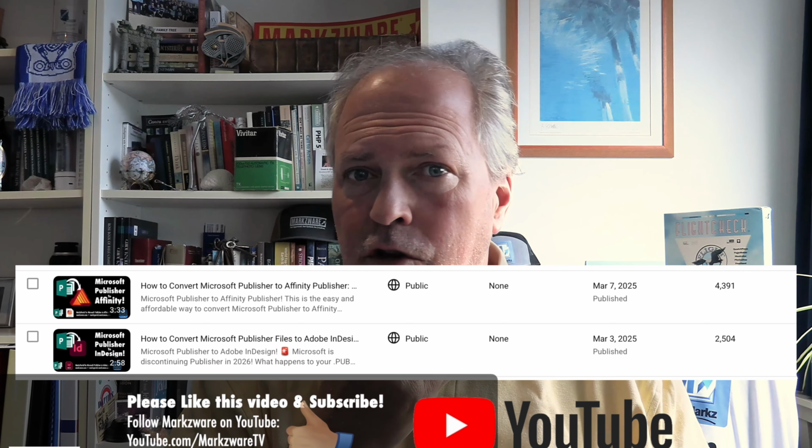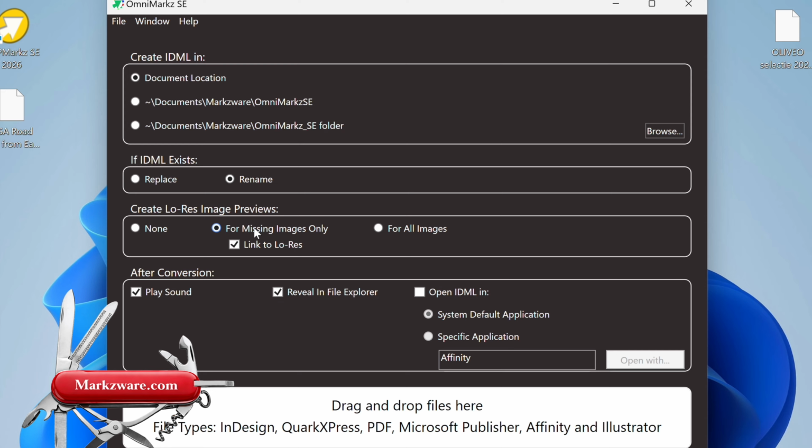And you have various options. You can replace or recreate missing images when possible and link to the low res. And we can even open IDML in a specific application such as Affinity Publisher, which is what we're going to do now. So we can take a .pub file here,